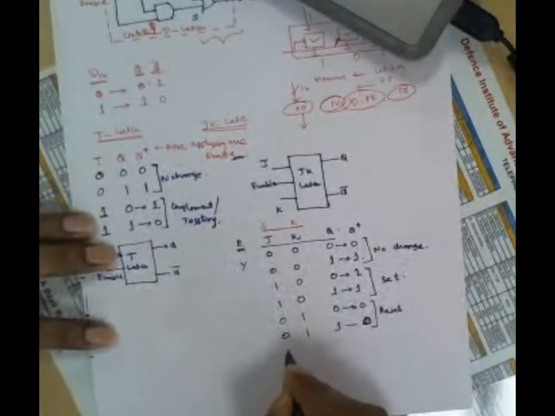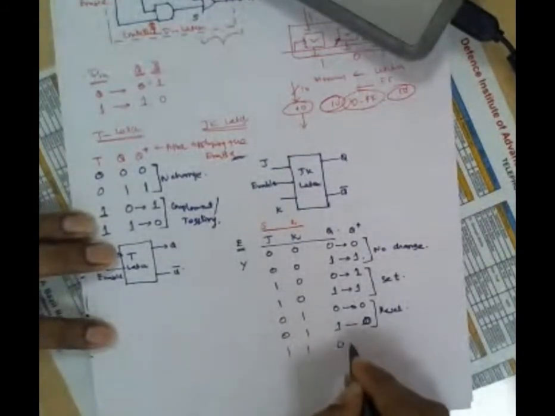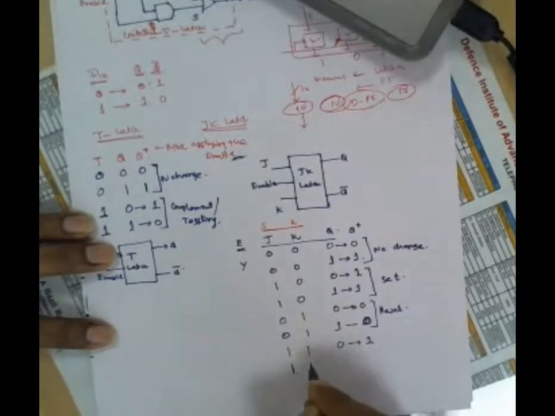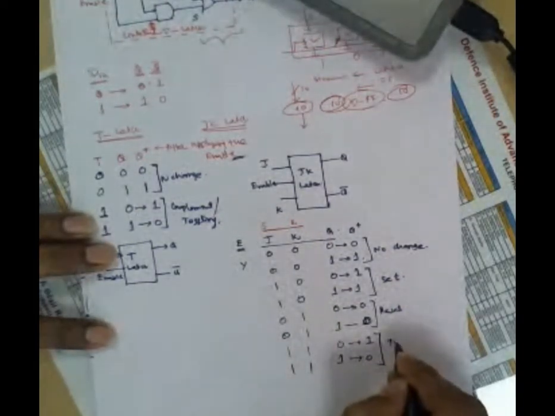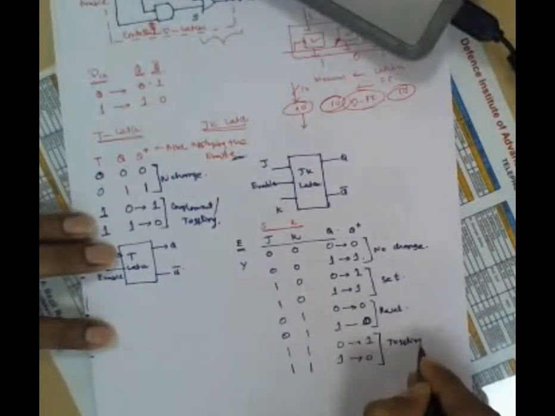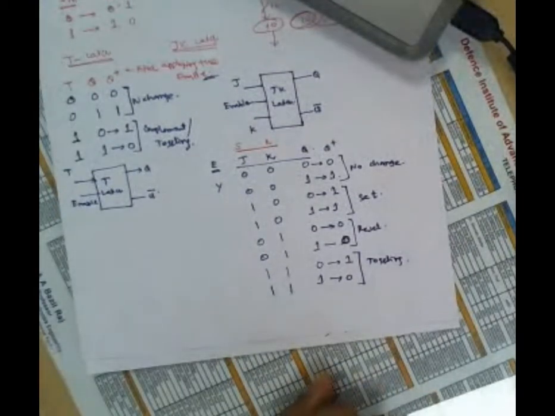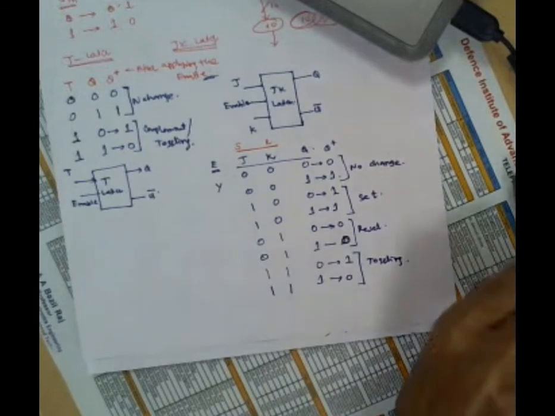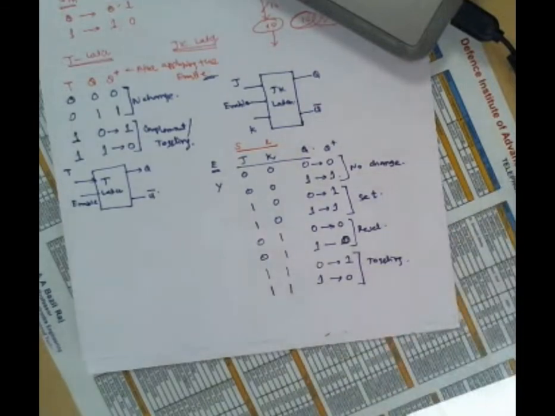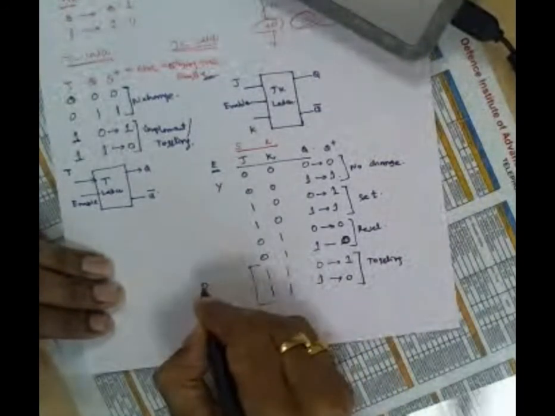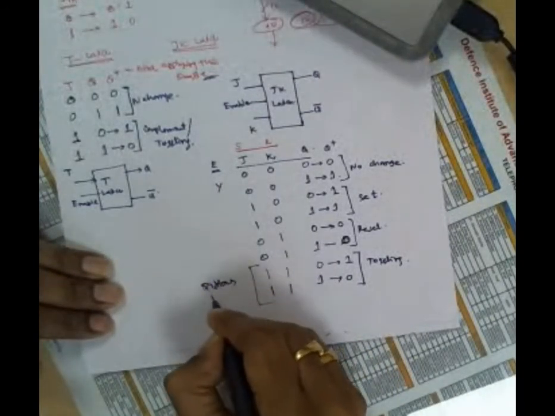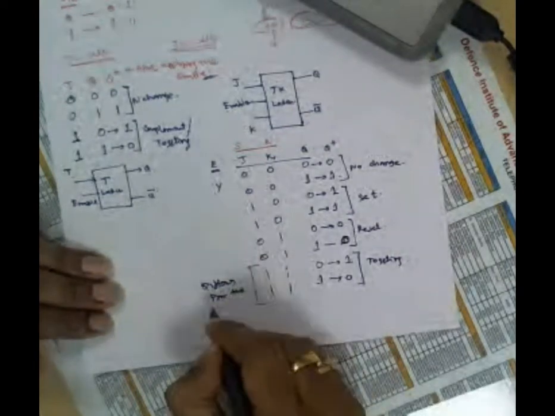That means it goes to the reset condition irrespective of the present output at the Q. Then if it is 1, 1, a 0 becomes 1, and a 1 becomes 0. So this is the toggling or complement. This is the main change those people introduced in this flip-flop. Different people are claiming many things, but this is the main difference, where this section differs from the SR latch.